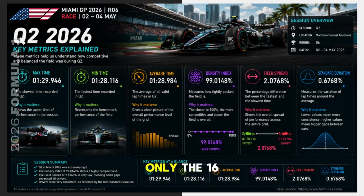Now, in Q2, only the 16 fastest drivers remain, and they must improve their lap times to move into the next phase, as the 6 slowest times will be eliminated. Let's review the Q2 indexes. The fastest lap was a 1 minute 28 seconds, 160 milliseconds, while the slowest time was a 1 minute 29 seconds, 946 milliseconds. We have an average time of 1 minute 28 seconds, 984 milliseconds,